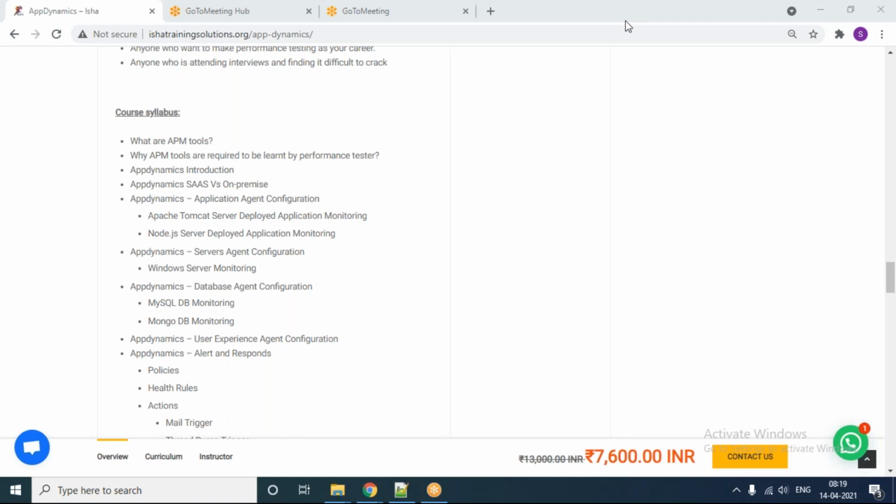Because in an APM tool, you can investigate something about the database. You can investigate something about infrastructure. You can investigate something about the application. So you are not worried about different tools for different activities, right? Here it is one tool which is a solution for all your problems. If you want to go deeper into each and every layer, options are available in AppDynamics. Clear, everybody? Yes, clear. Thank you, sir.